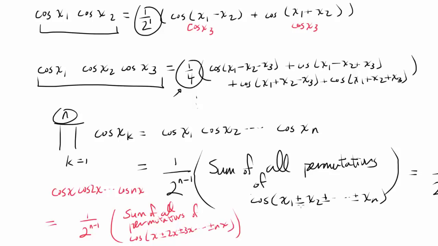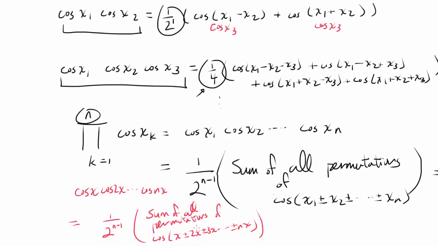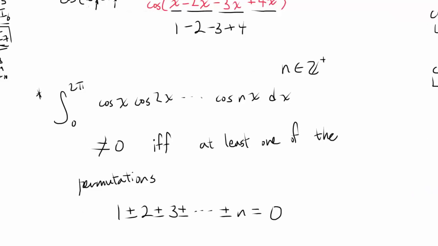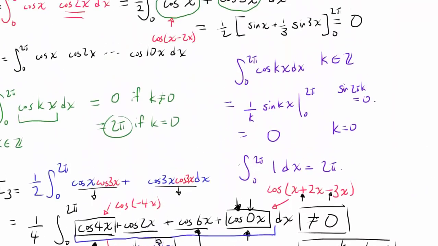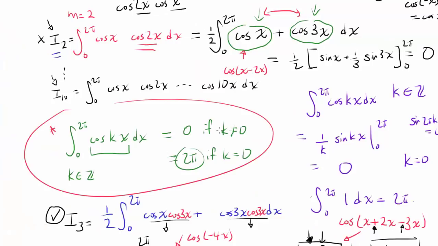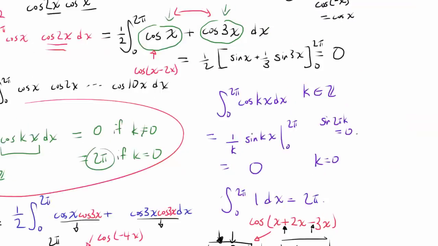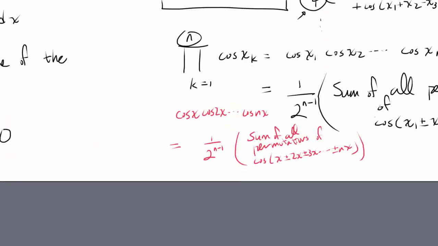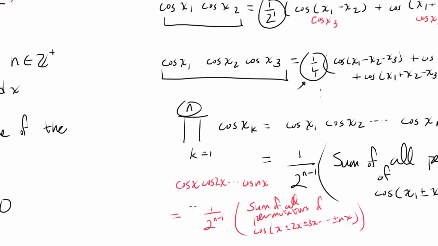I'm not going to write the formal sigma for this one. You're welcome to do so. And since we have this, we also have a very important piece of information that we know. I wrote this down right here: the integral from 0 to 2 pi of cosine of kx is equal to 0 if k is not equal to 0, and it is equal to 2 pi only if k is equal to 0. So we know when you integrate this from 0 to 2 pi,